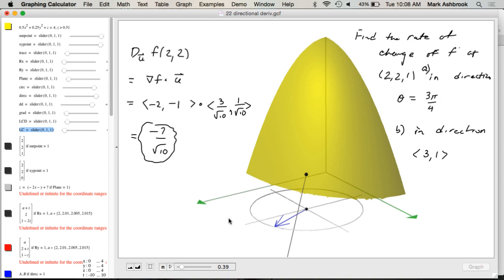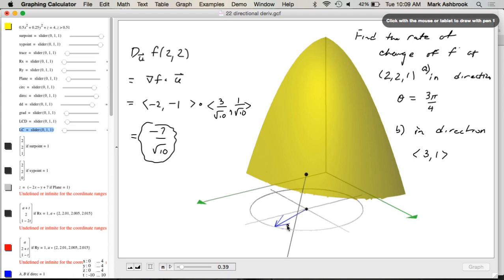Almost. You said that z is going to change this much. It's not that z is going to change this much, but what? The amount that z will change will be this times whatever small change you picked in